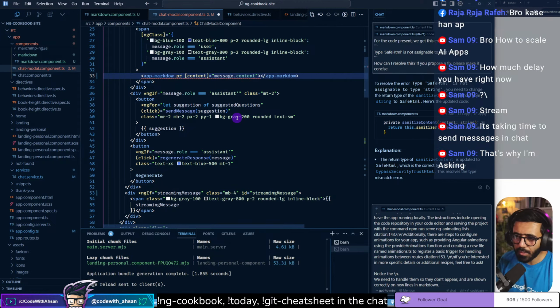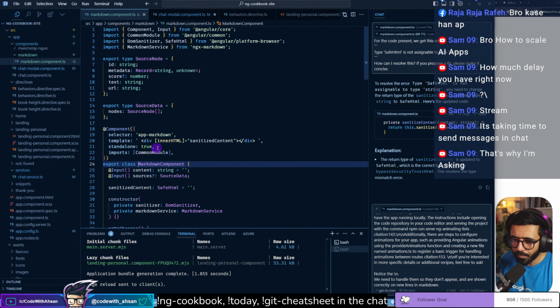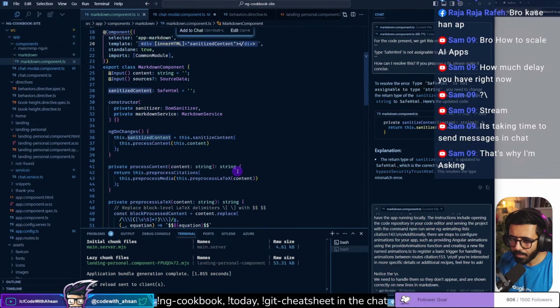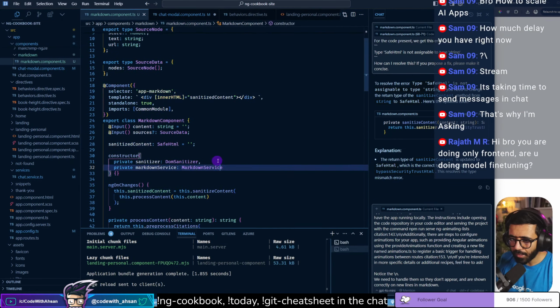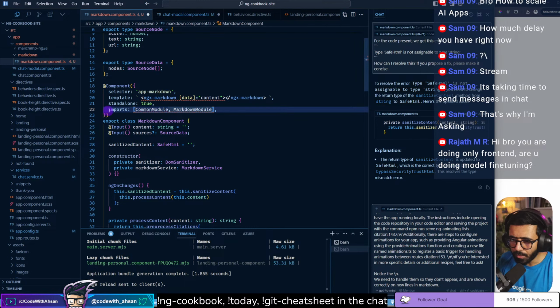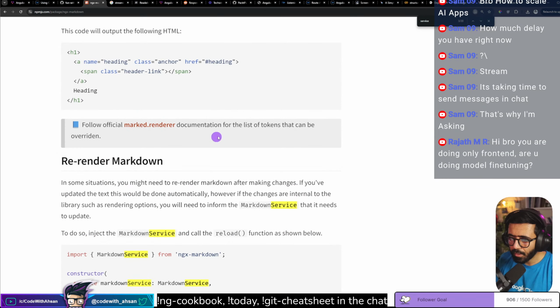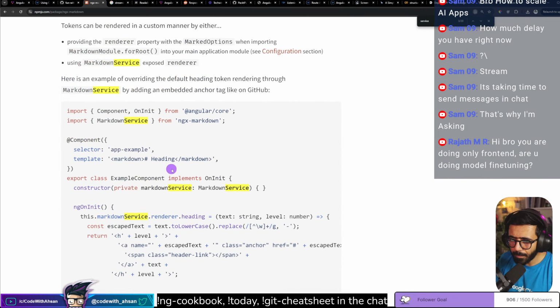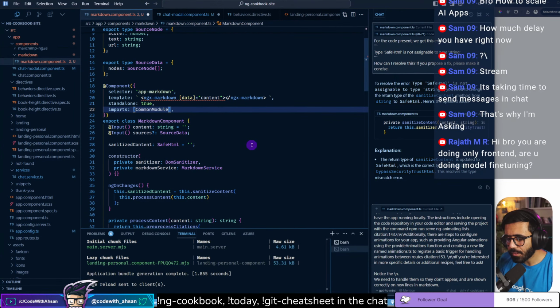No, it's not here actually. I think it's gonna be inside here. But in here we are actually using the app markdown. We should probably just use the sanitized content that we have in here, and this should be ngx markdown, and then we should also be able to import markdown module here. Or actually we don't really need it because we are using provided in, right? So if we look at, but we are now using the, no, I think